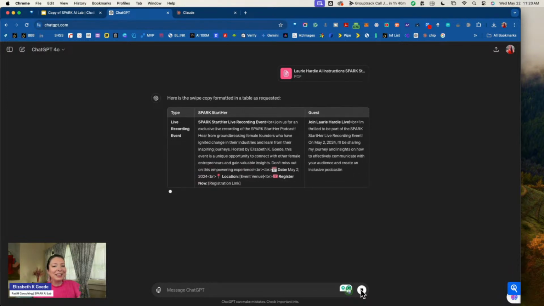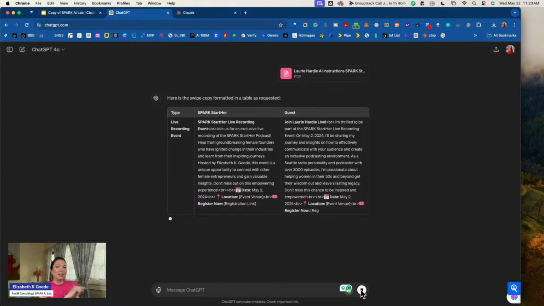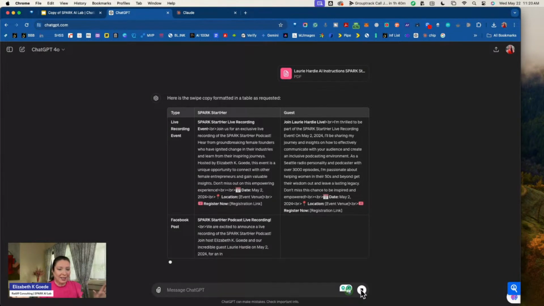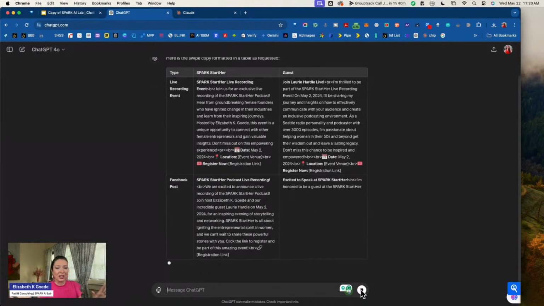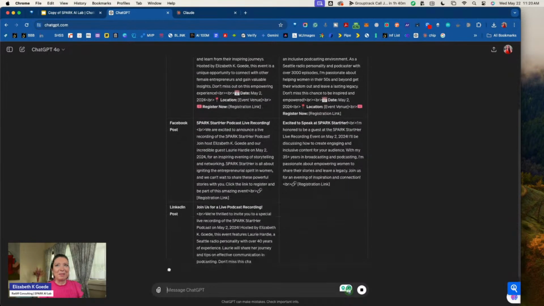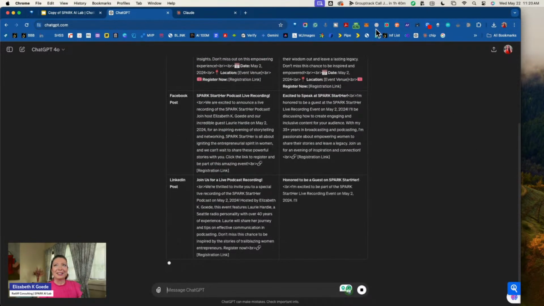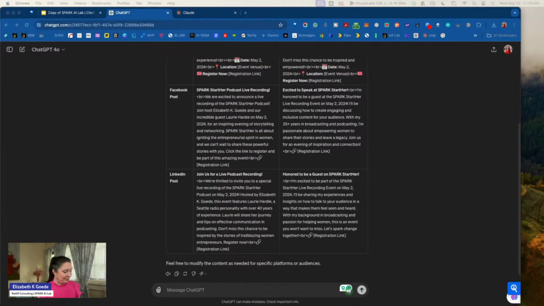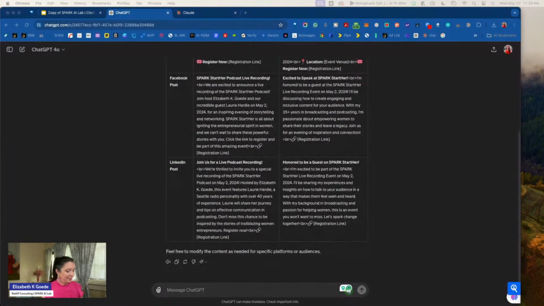So can anyone guess how it is doing this from that document? I didn't put anything in other than just attach the document. Can you guess what we're seeing here? So what has happened is that the prompt is actually baked into the attachment.